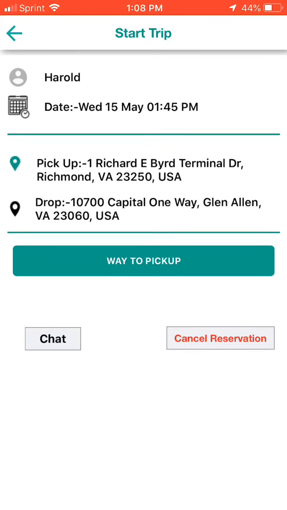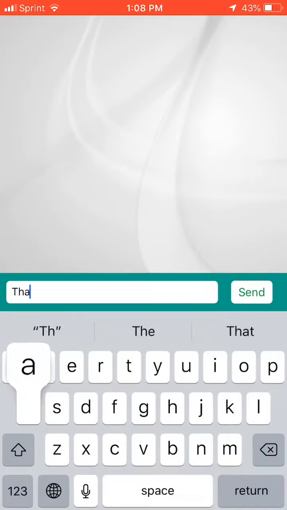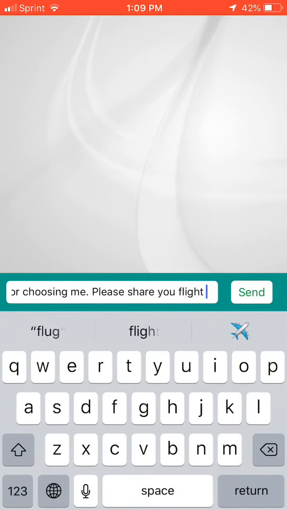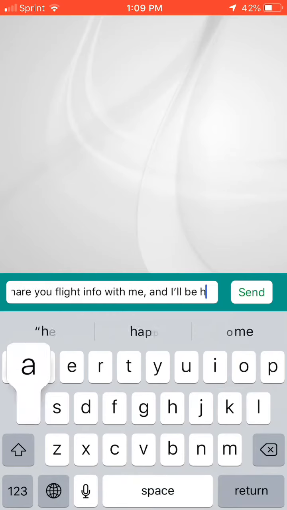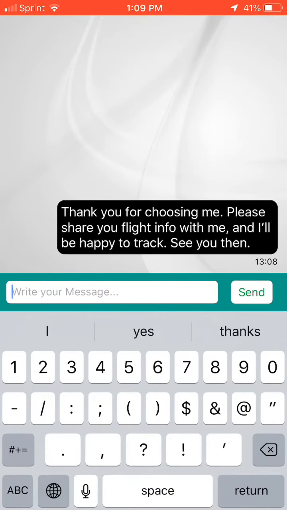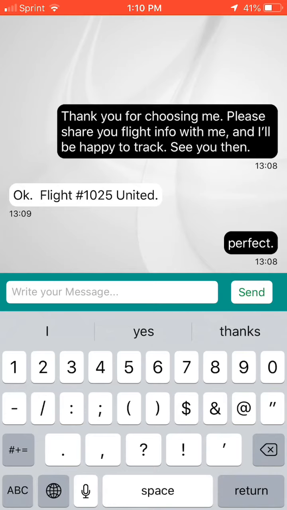Open your reservation details to chat with your rider about the upcoming reservation. Additionally, 1 hour before your reservation time, you will both have the option to call each other through the app